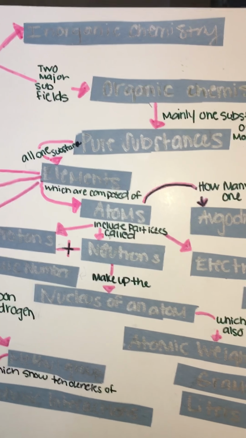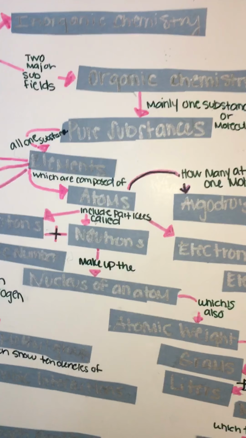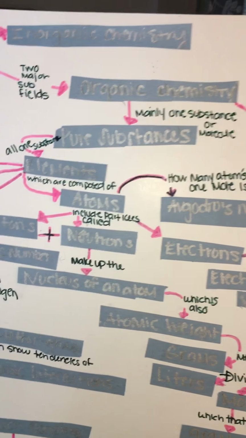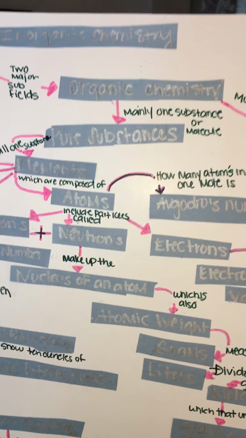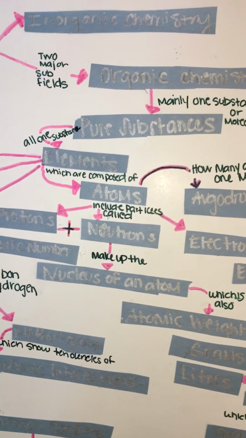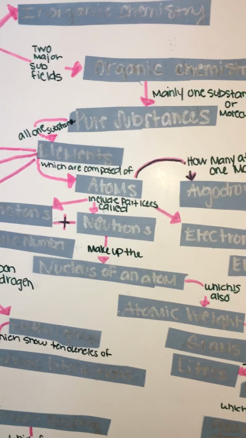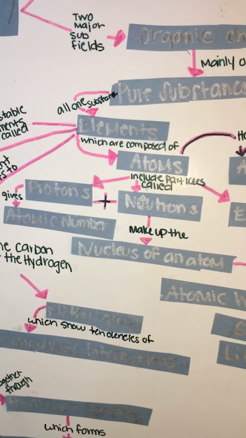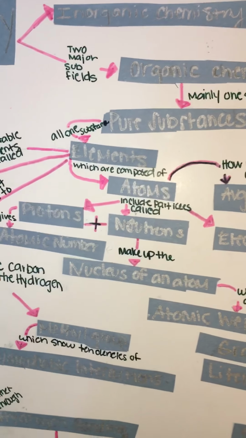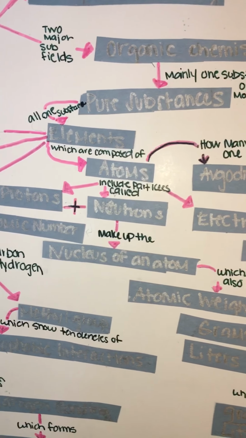Pure substances can be elements, which is usually one substance. That can be an element, or that could be a molecule, which is multiple elements. And then you have the atoms, which compose those elements, which include those small particles called protons, neutrons, and electrons. The protons are going to give you the atomic number of that element. Now, if you do the protons and the neutrons together, that's going to make up the nucleus of the atom,